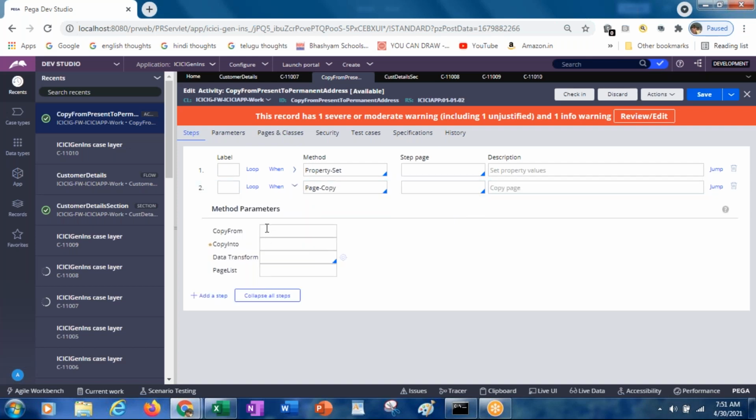Copy from where? Dot present address. Copy into permanent address. Now this step is not required, because now we are doing that through page copy.